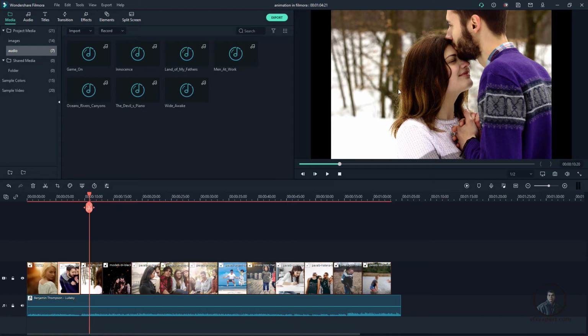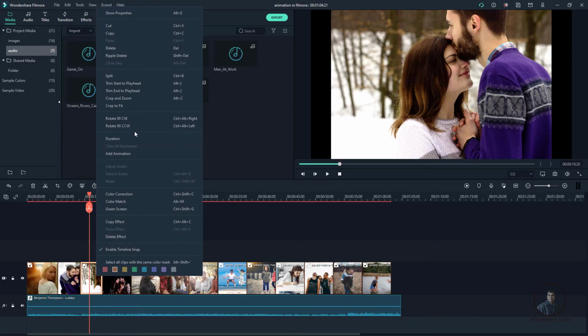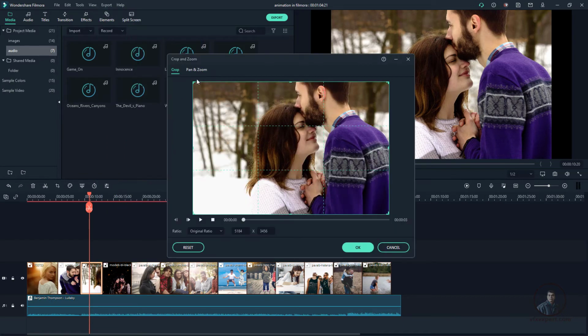Suppose here if you want to create an animation like zoom out, so how can we create it? Again right click, crop and zoom options, then pan and zoom. So we have to flip this start and end because we have to create zoom out, okay. With the help of this option you can flip start and end. Now click here. Now you can see, this is our start frame. So just click here and adjust. Again remember this one, aspect ratio, this is important, 16:9.